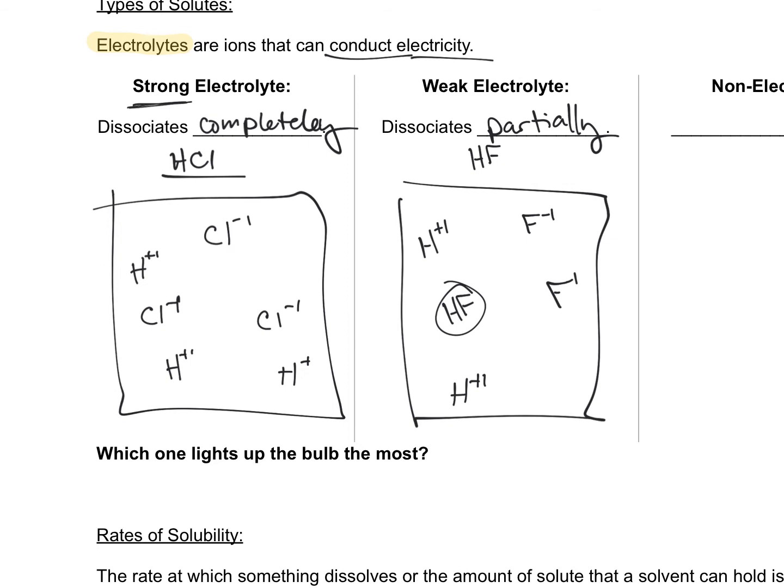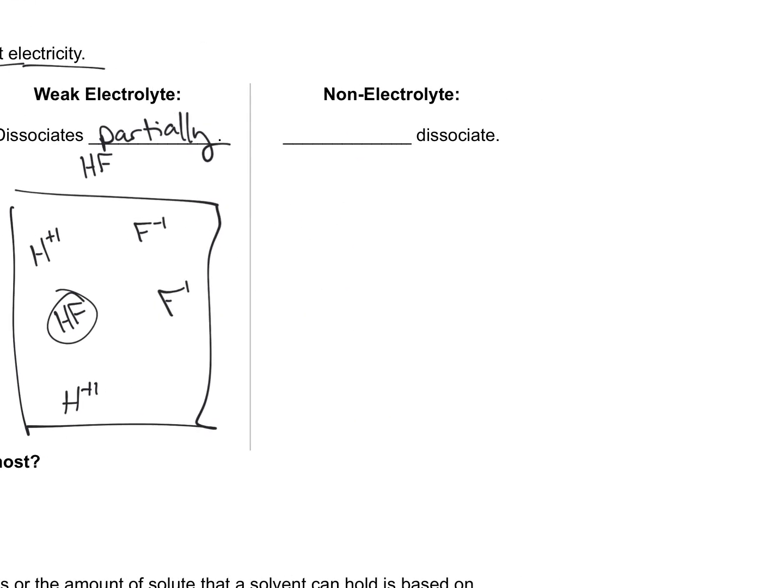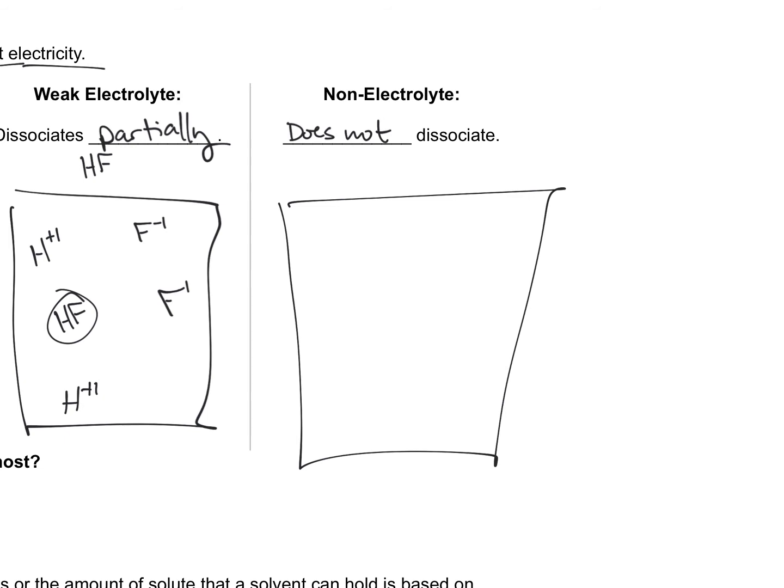The weak electrolyte would have a dim bulb, and then a non-electrolyte is one that does not dissociate at all. So that one does not dissociate. An example of this is sugar. Either sucrose or glucose. I'm doing glucose, C6H12O6. Those molecules will stay together in their entirety,